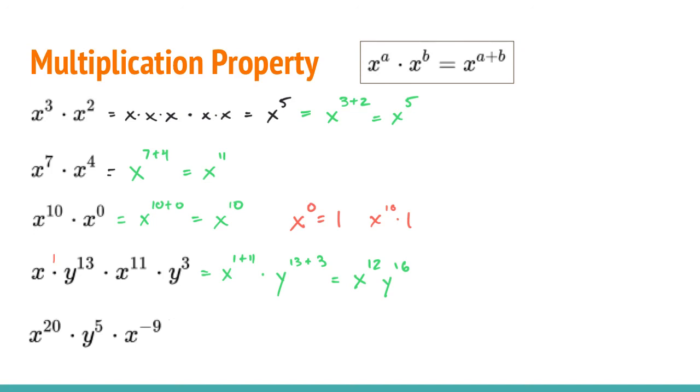So we can see that we're all multiplying, so you're going to multiply things with the same base. So using your property, that would be x to the 20th minus 9 when you add a negative 9, and then you'd just be multiplying by y to the 5th. And so your final answer would be x to the 11th and y to the 5th. So even if we had rewritten this x to the negative 9th and brought it to the bottom, you would reduce those. Here you didn't have to because you